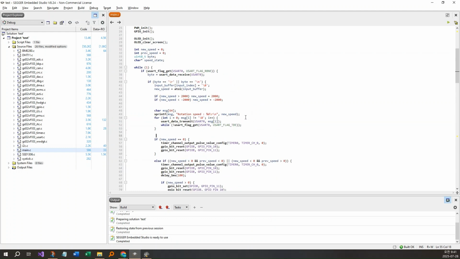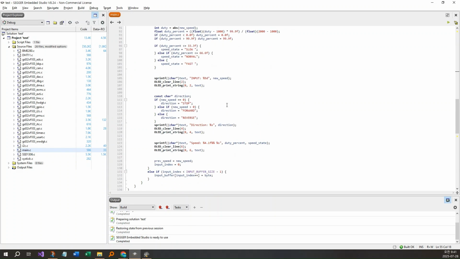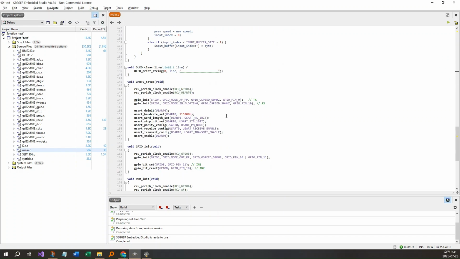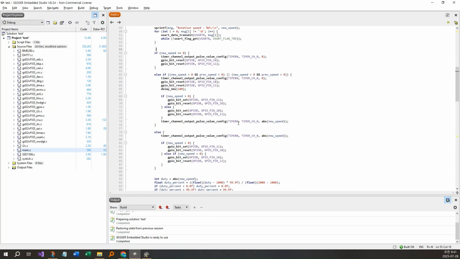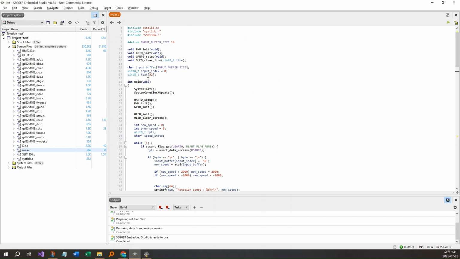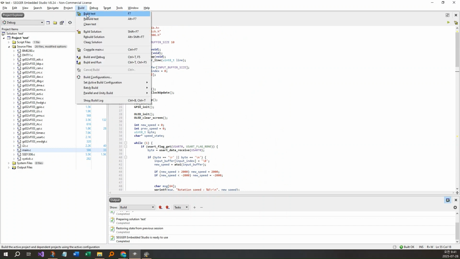And the rest of the code displays motor status information on the OLED screen, so it should be very easy to understand without further explanation. So now let's build the project